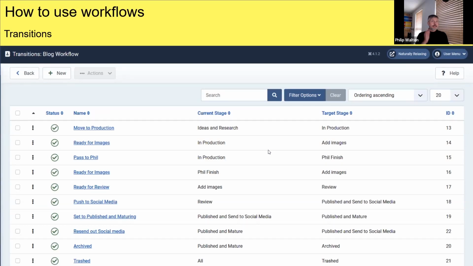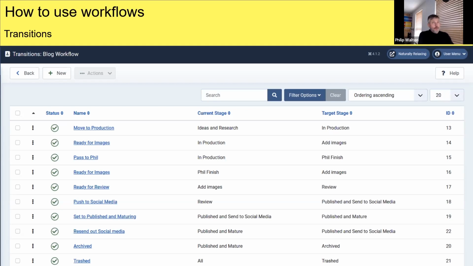So now this is the transitions that the workflow has. Let me just try these buttons. No, that doesn't work. So the transitions are what moves something from one thing to another, to the stages. And so the stages you just got to think of as a naming convention that you know that the article is in that thing. But the important thing is the transition and how it moves. So in the transitions, you can set a lot of different things up, which we'll come on to.